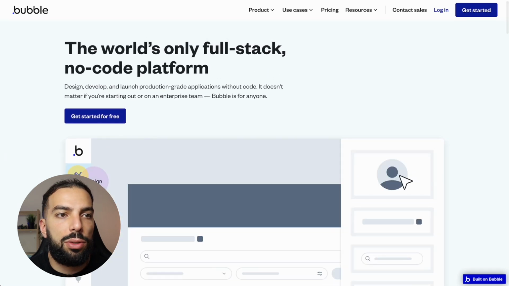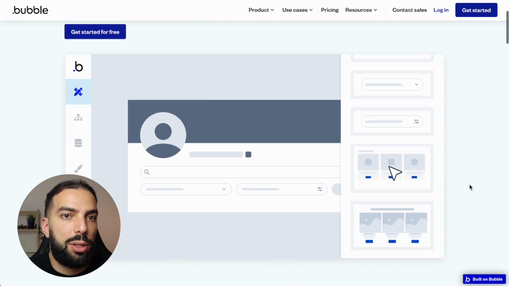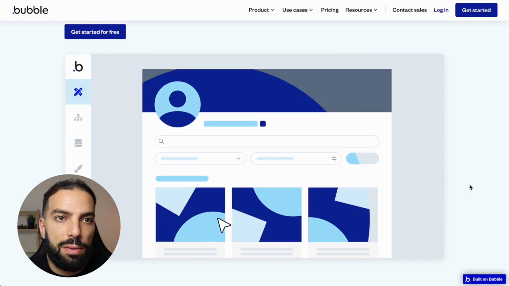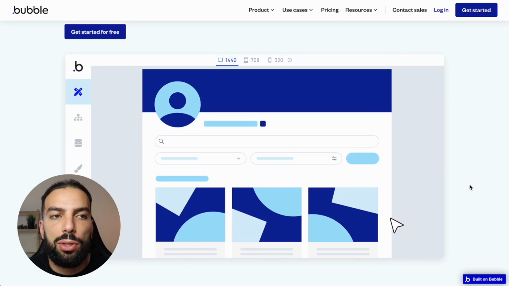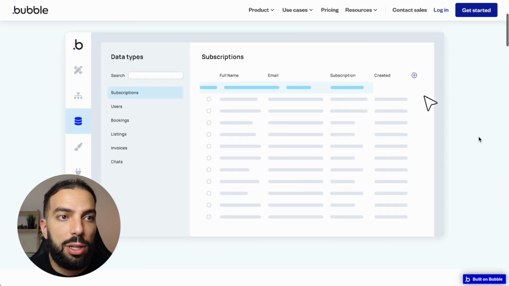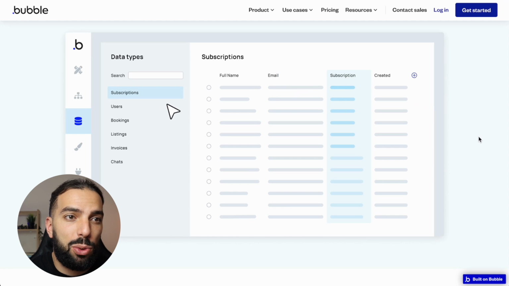It allows users to visually design their applications by essentially just dragging and dropping onto the canvas, and it has an integrated database which allows you to save and display data back to the users based on rules that you can set using workflows. So some of the key features that you can see here: